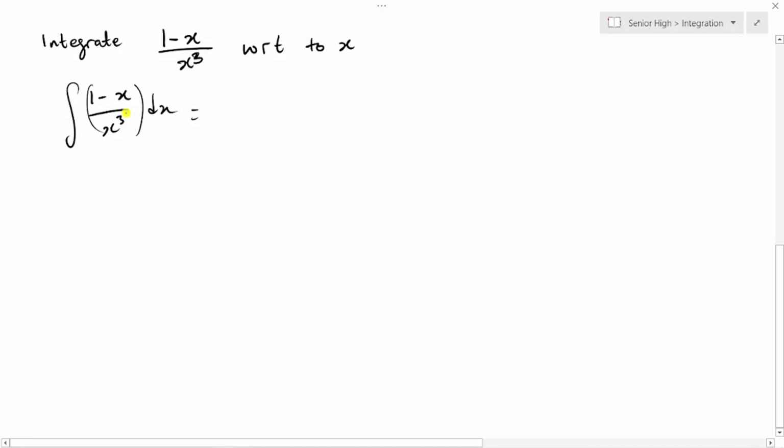How do we solve this particular question? You can solve this by breaking them down, and when you break them down, then it simplifies everything. So how do you break this down? Remember, this can be broken down into two separate values, which is going to give us the integral of 1 over x cubed with respect to x, minus the integral of x over x cubed with respect to